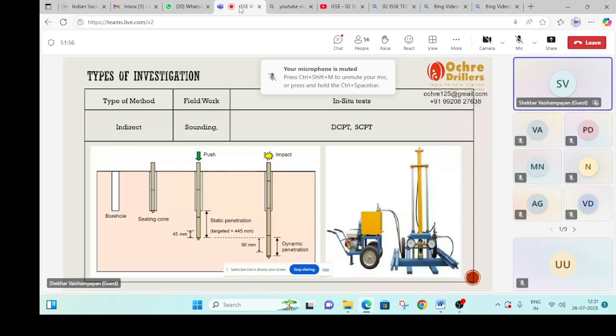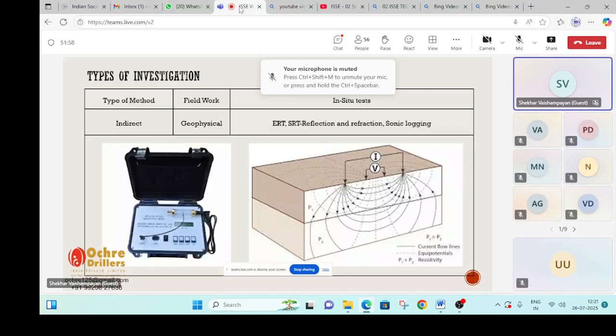Then there is another method of indirect testing, which is the geophysical method. In this, there is the electrical resistivity test or ERT, the seismic resistivity test, and the third one is sonic logging. Sonic logging and SRT are not done very regularly, but ERT is something we do regularly. So we are just talking about that first. In the electrical resistivity test, you have 4 electrodes. They are driven to something like 1 foot inside the ground, and 300